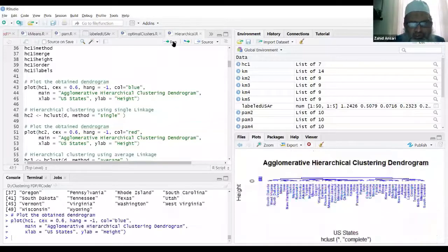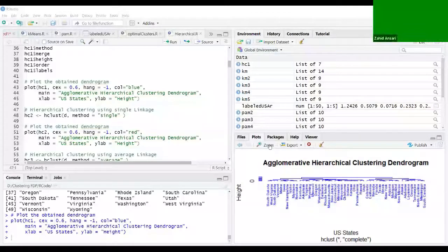If I draw the dendrogram, see, it is drawn. Let me zoom it. So you see the dendrogram over here. It nicely tells which states are the closest. If we see the height, which one merges first over here? I think this, Iowa and New Hampshire, they have the closest distance, if I am not wrong. We can always see that in the merge order.